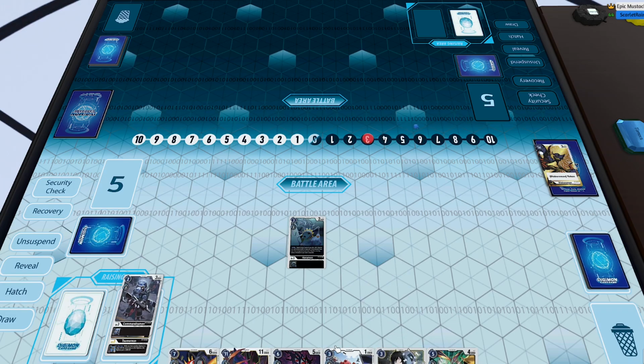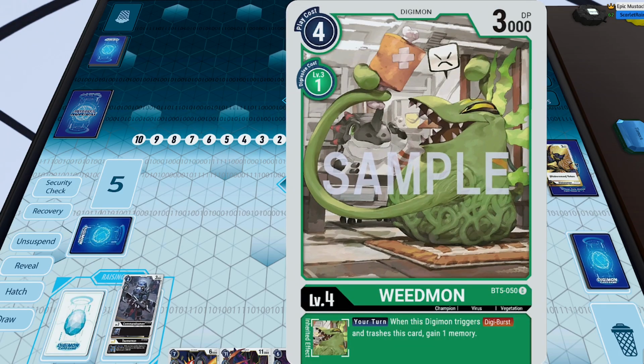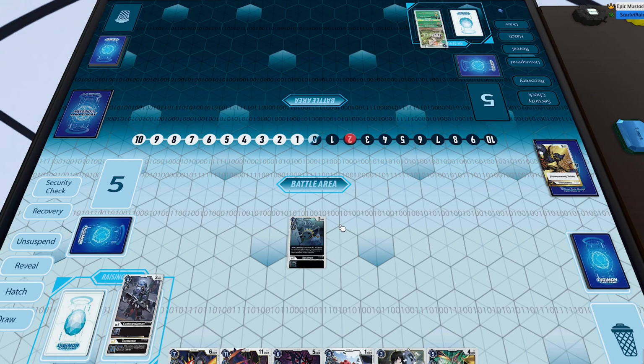So that's going to be awesome. +2 on my first turn is pretty solid to me. So then my opponent is going to start to hatch the Yokomon, leading me to believe he's playing some sort of Rafflesiamon stun deck, which I think will be very prominent in BT5, especially because you've got more supporter cards,